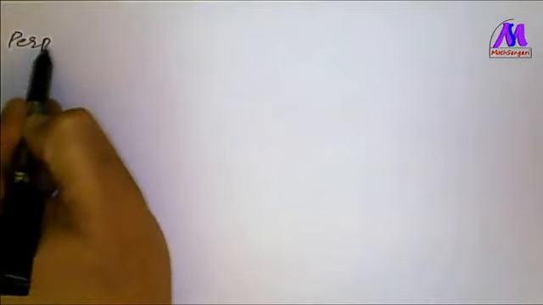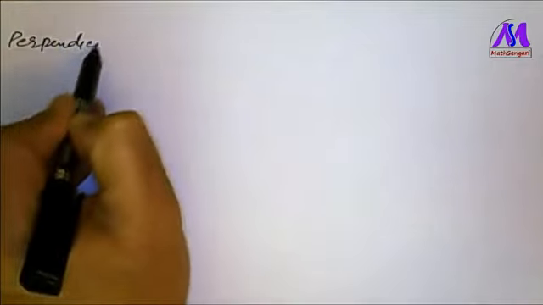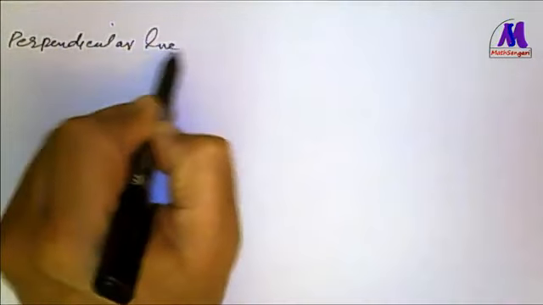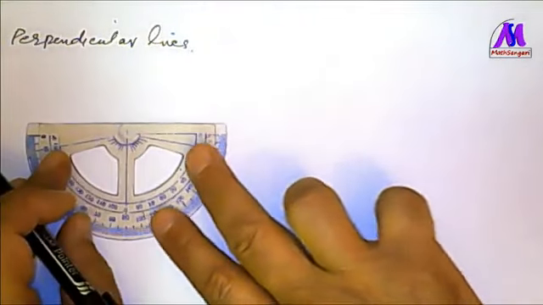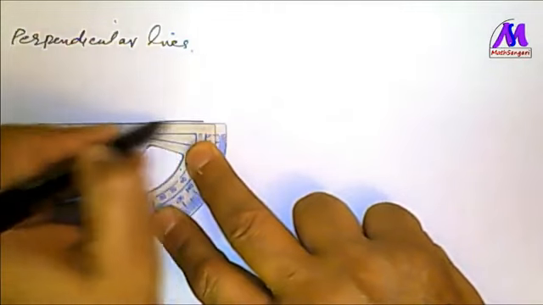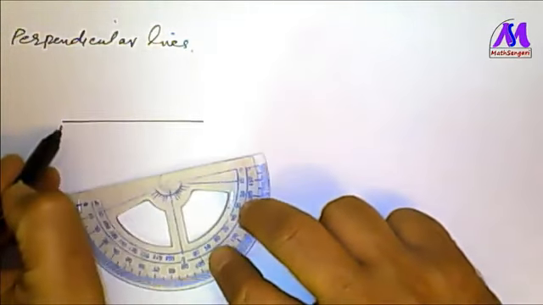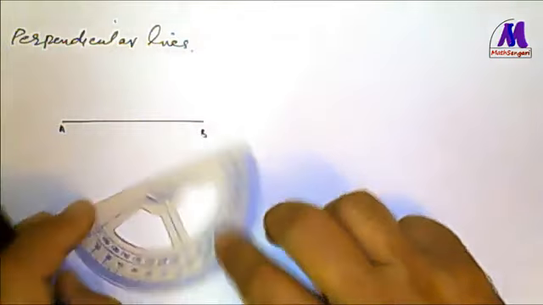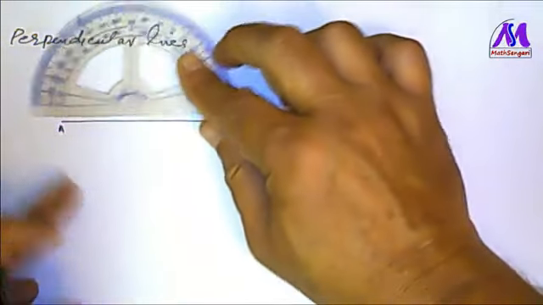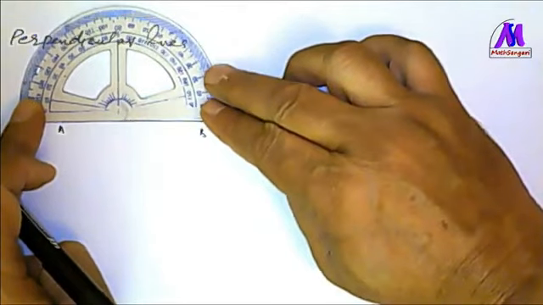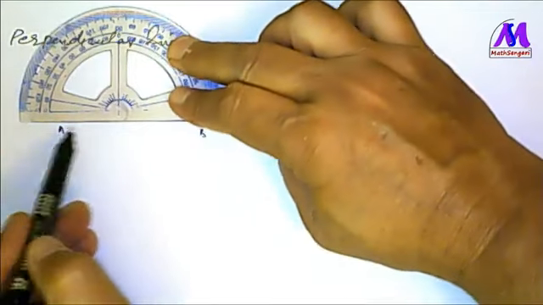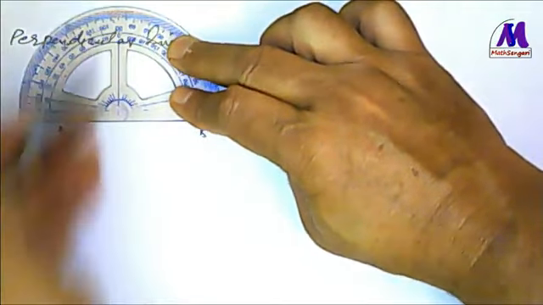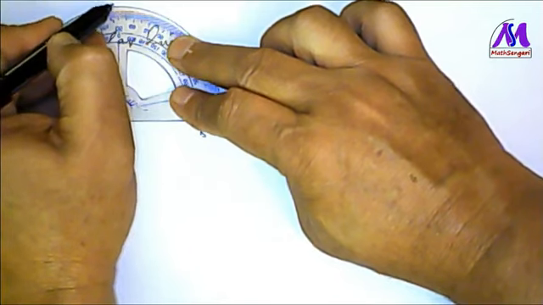Now what are perpendicular lines? Perpendicular line. Here I'm trying to draw a straight line, just like this one. It starts from A and B, and another line cuts perpendicularly another line, making an angle of 90 degrees with the line AB, which you can measure with the protractor. So here it's 90 degrees.